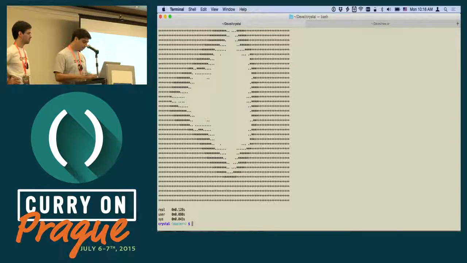So another example, it's a ray tracer. A ray tracer is a way of rendering 3D scenes into images. So this time I'm going to compile with